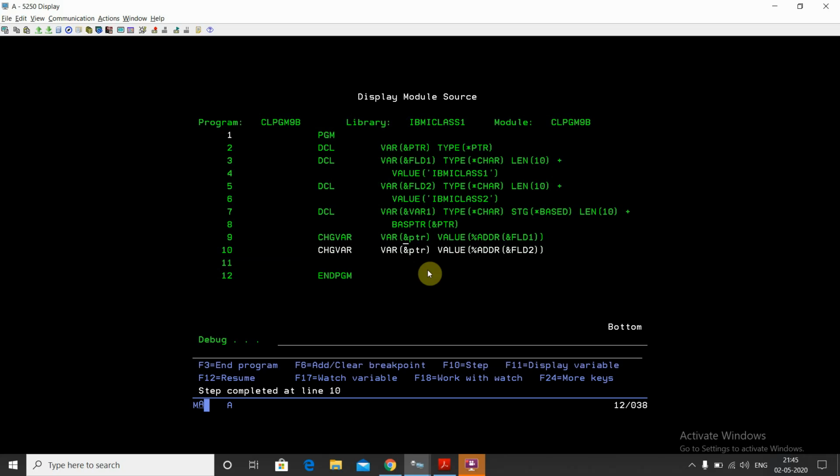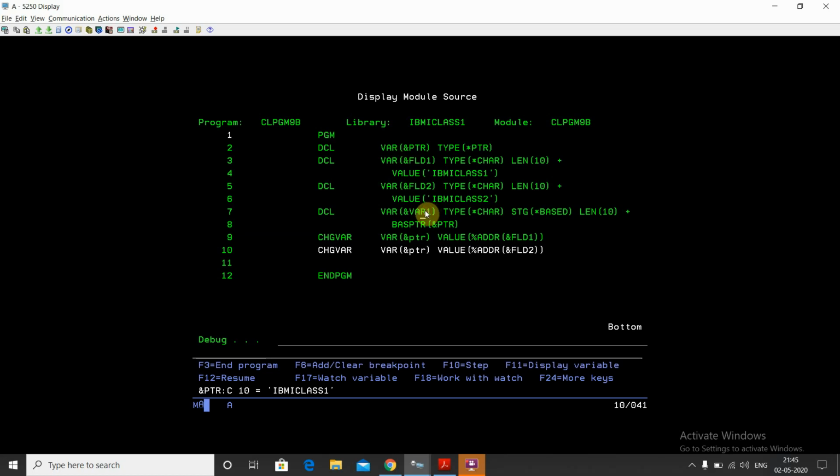After the execution of this line, PTR has this address. Now if I want to check the value, since field 1 is of length 10, I'll check using eval, then the variable name colon C, then space, then the length 10. We can see that at this pointer variable, the first 10 characters have the value of field 1, that is IBMI class 1.